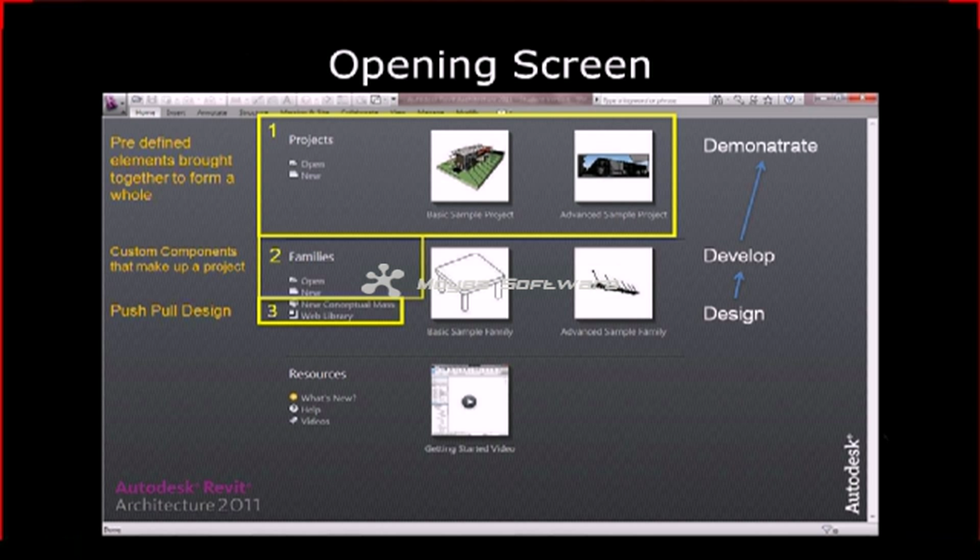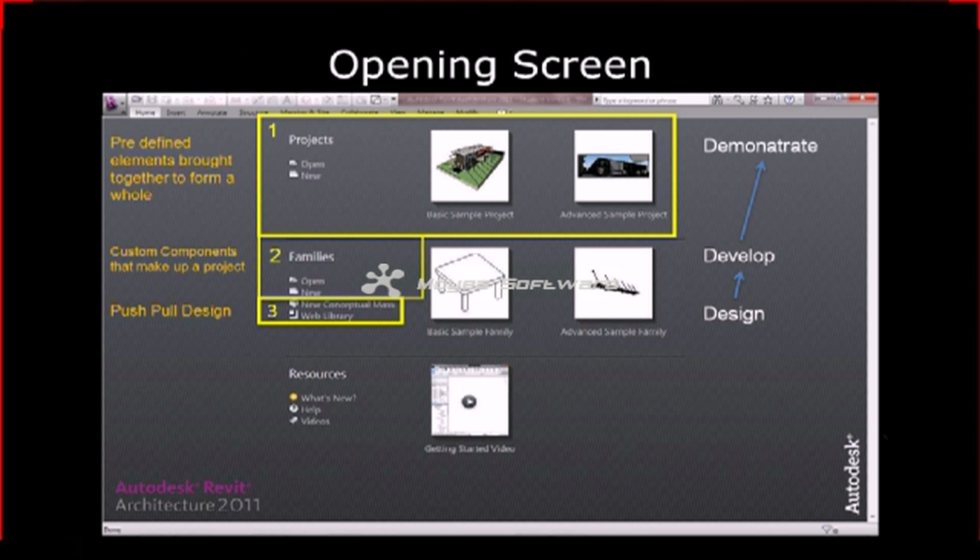The program itself is broken up into about 3 different categories. It has your projects, which have your wall tools, your floor tools, and things of that nature. And then you have your families, which are detailed components that are placed into Revit. So the wall is a family, roofs are a family because they have certain properties around them. But then you also have unique families, like you see in this sample family. It's like a louver system that hangs off the building, or you have just a basic table. So there's simpler families, and then there's more complex families, like walls that actually have parametric parameters that link them